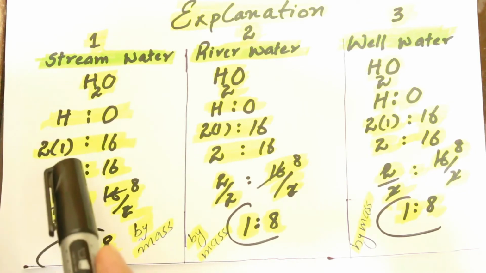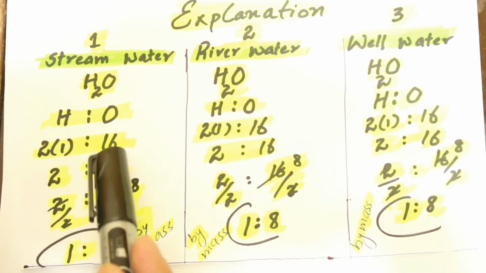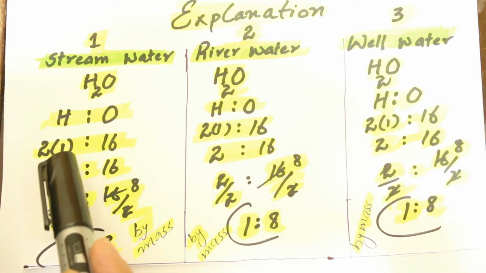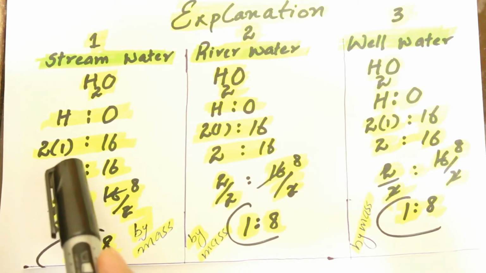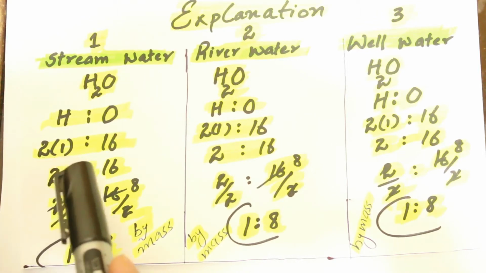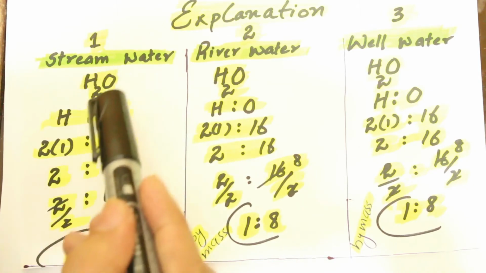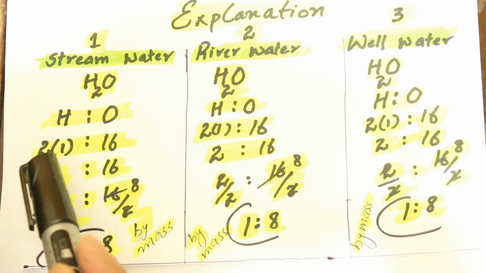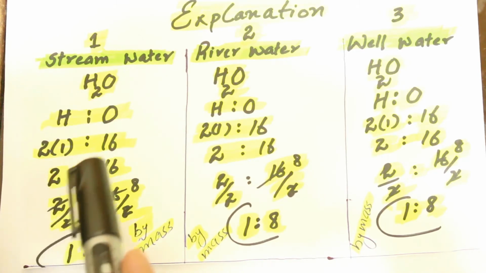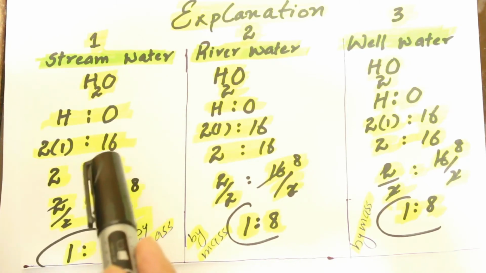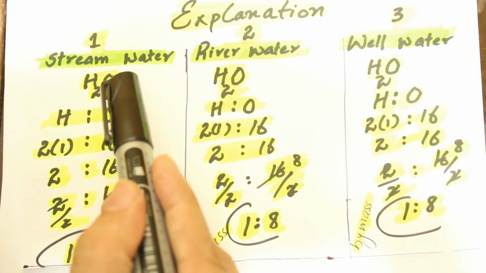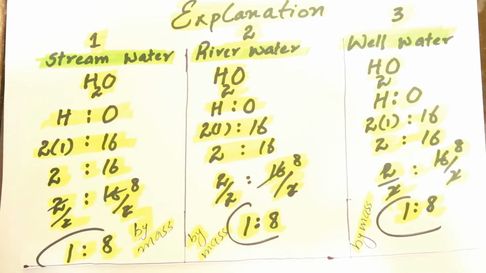Now you know that the atomic mass of oxygen is 16 AMU, while the atomic mass of hydrogen is 1 AMU or 1 gram. We multiply the atomic mass of hydrogen by 2 because we know that in one molecule of water we have 2 hydrogen atoms, so that's why we multiply it by 2. We don't multiply the atomic mass of oxygen by any number because we have only one oxygen in the water molecule. So here you get